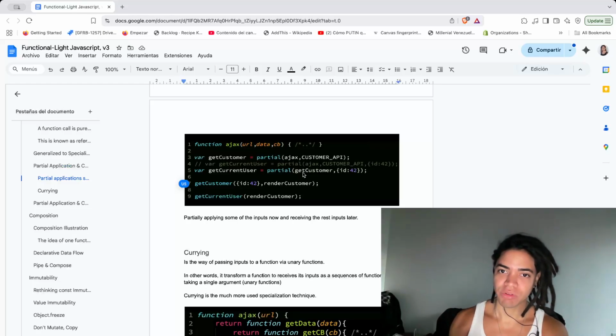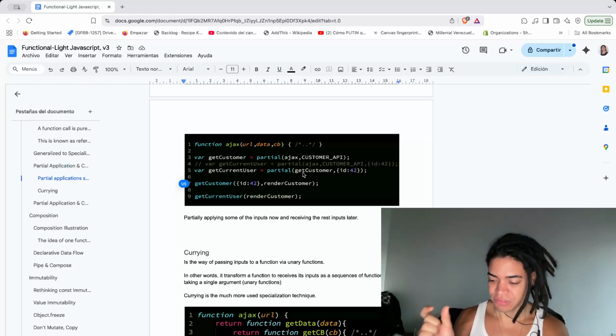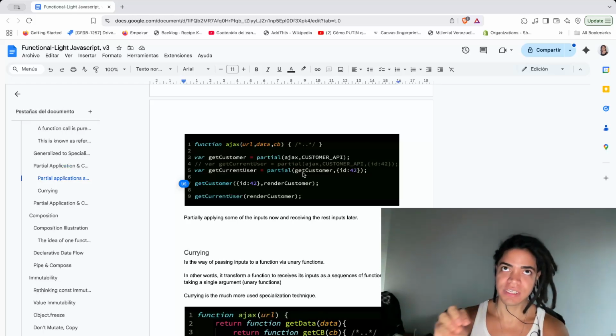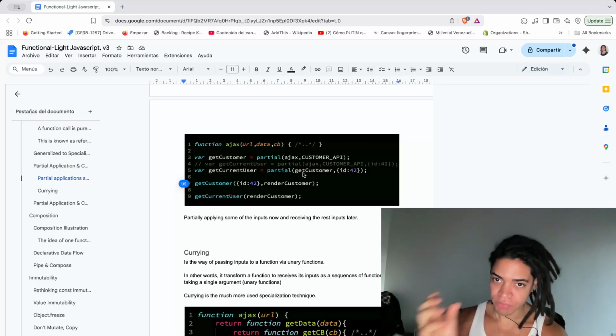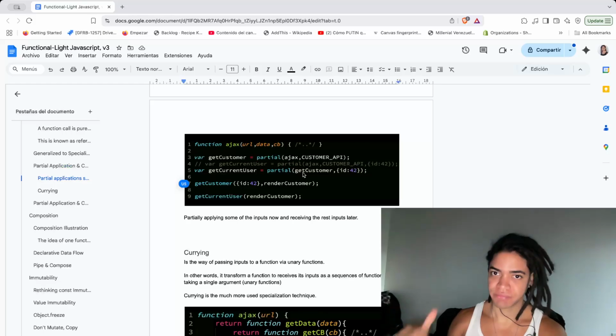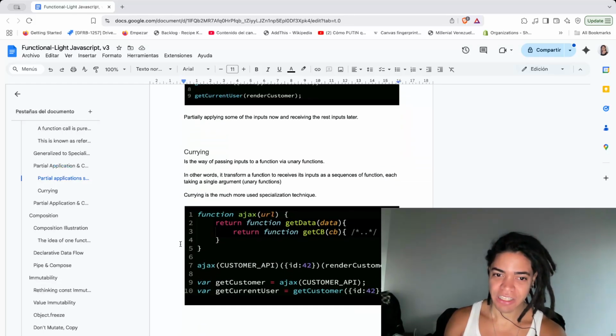It says, hey, I want to transform the function inputs to receive a series of inputs, or receive the input as a sequence of functions, until you have all of them, and then do the calculation in the function. So this technique is called currying,